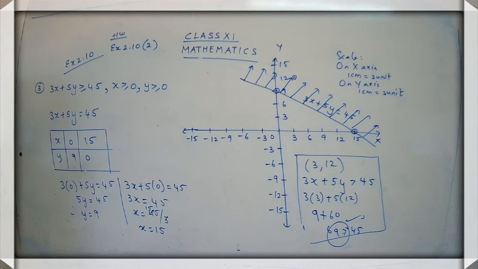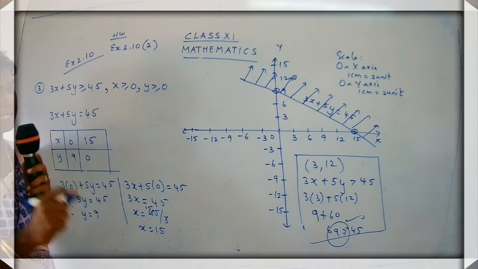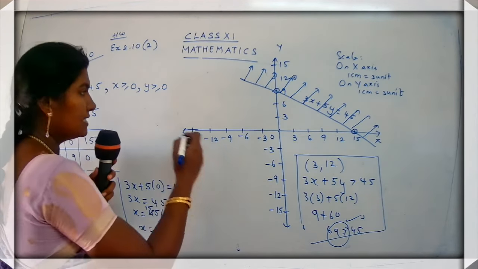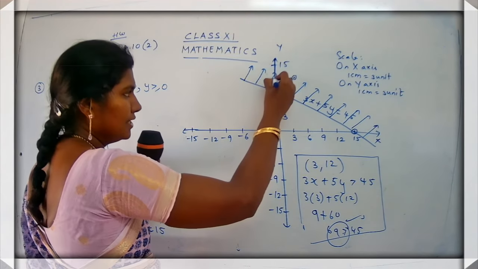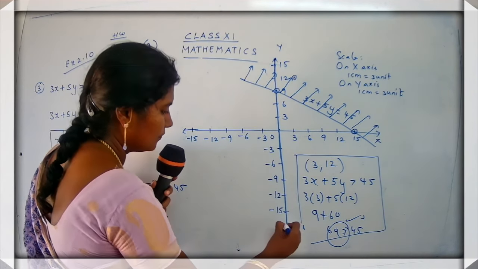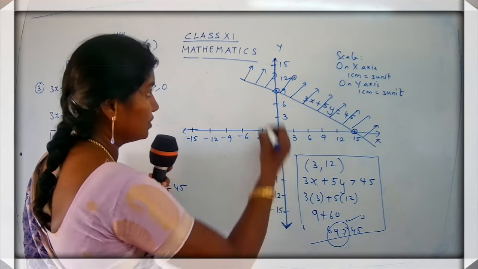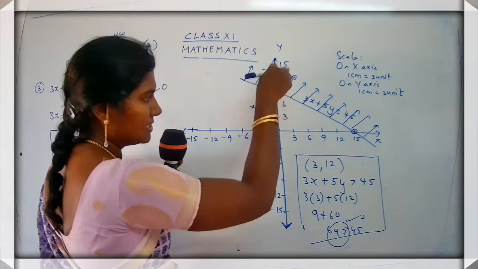Okay, now let's check for the second inequality. And I have told you where this x greater than or equal to 0 is going to lie. X greater than or equal to 0 means first of all it is going to lie on the y-axis. So it is over here. So this is the line where x is equal to 0. Write down here x is equal to 0. This line is x is equal to 0.